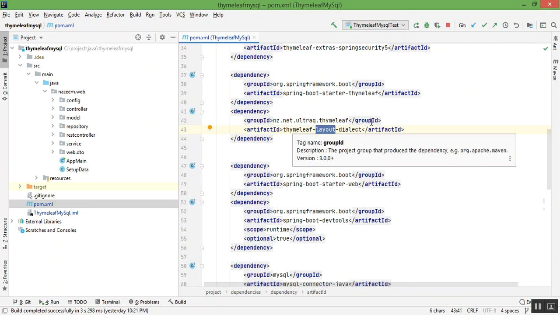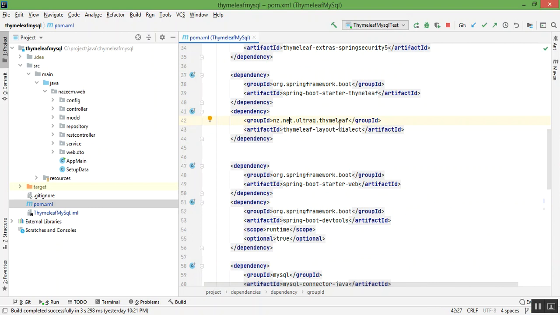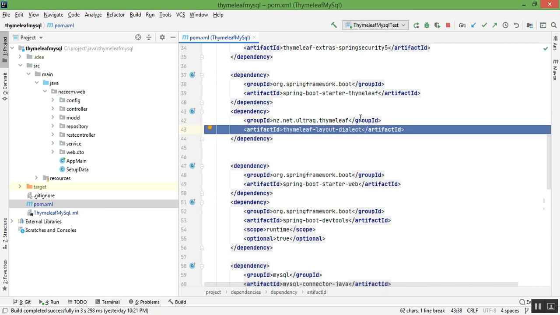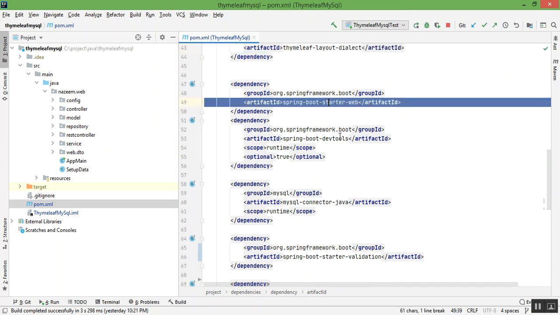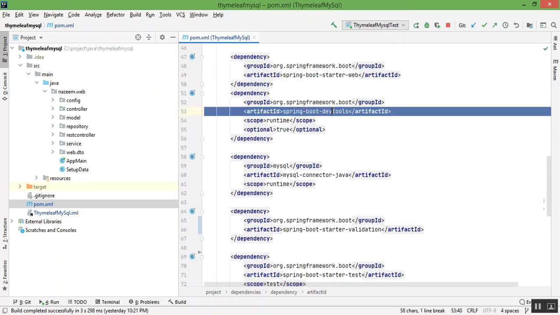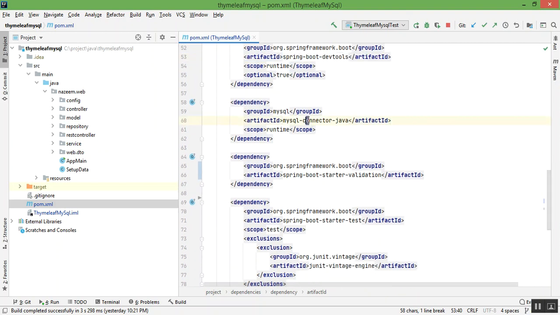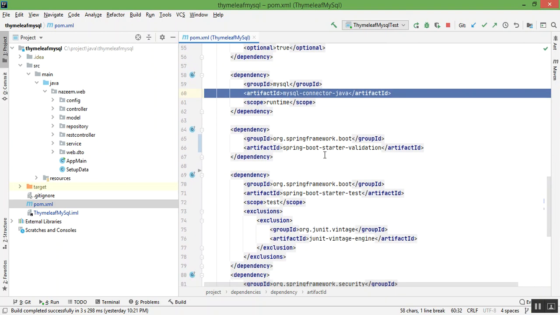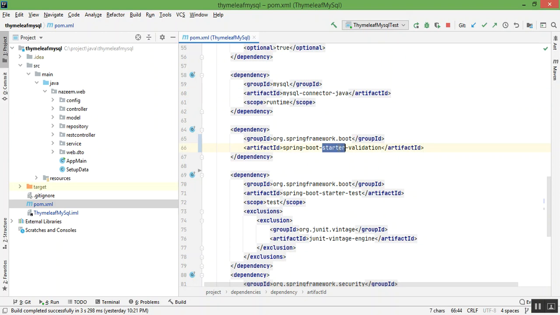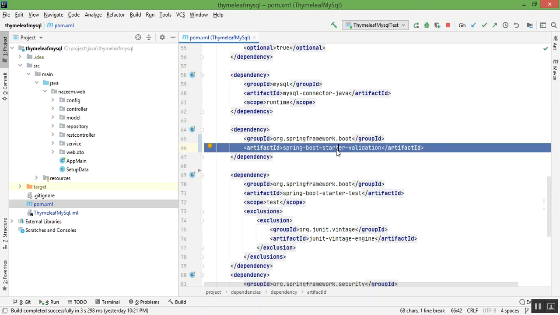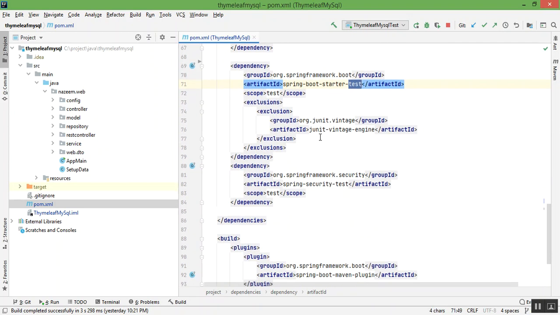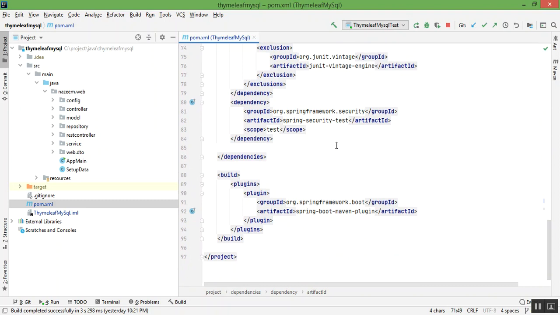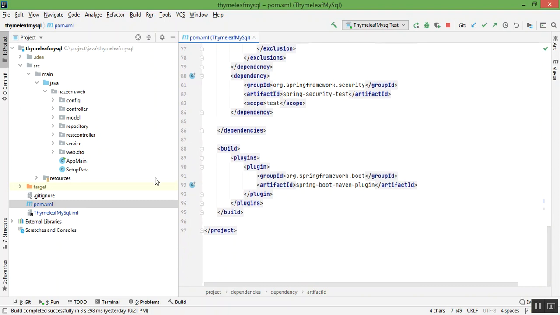We actually use the layout architecture, so you need to include this dependency. Okay, and then we used starter web, and then we used DevTools, and we use MySQL connector, and we use Spring Boot validation. So as you can see, the validation is working. So this is how you can do that. And then we have of course the test, and the unit vintage and security. So this is our pom.xml file,